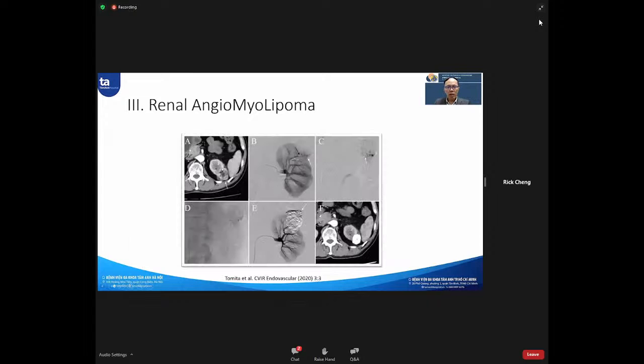And in another case, we do the embolization of AML with Lipiodol. You see the AML on the left side. You do the global angiogram and see the hypervascularity, and after you insert the microcatheter distally to see the whole AML hypervascularity here, and you inject the Lipiodol with the particles.